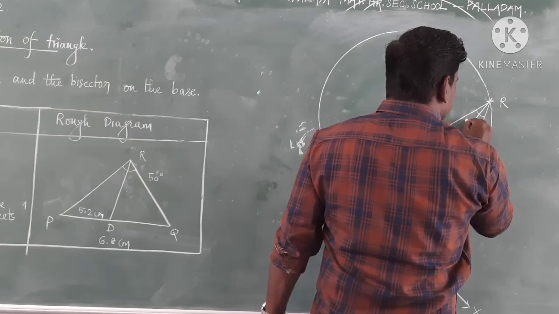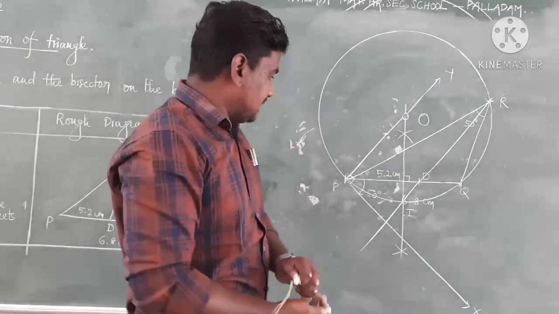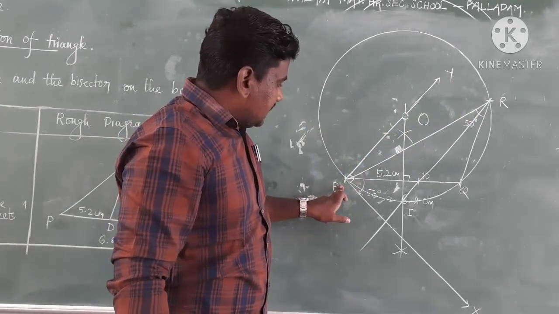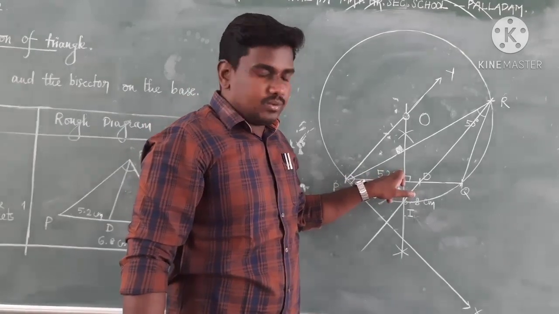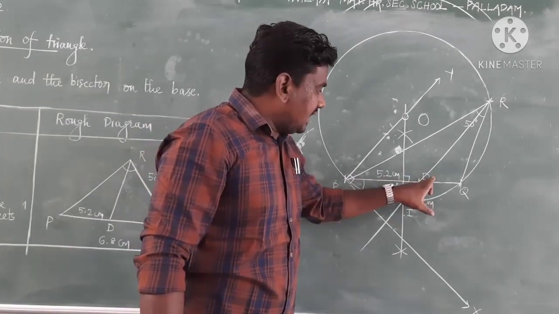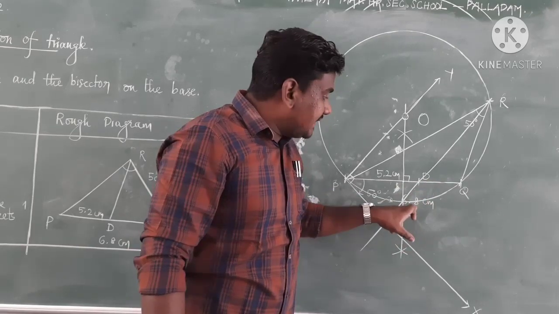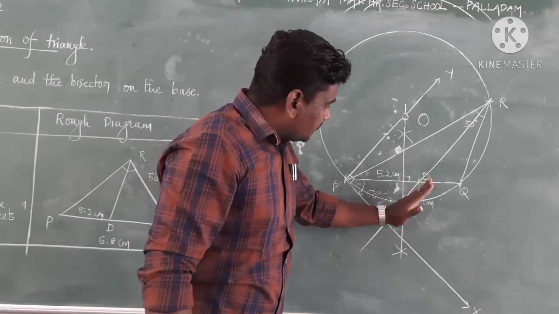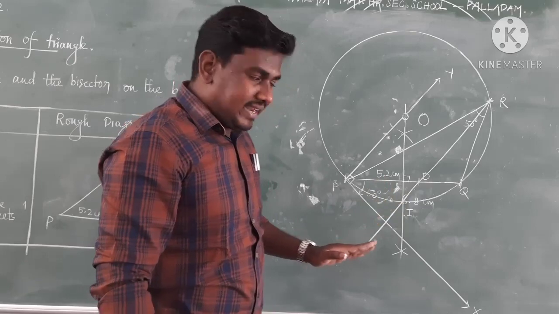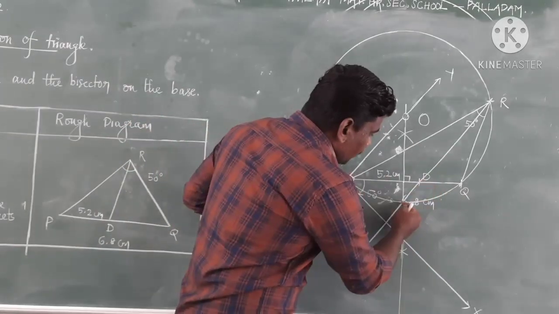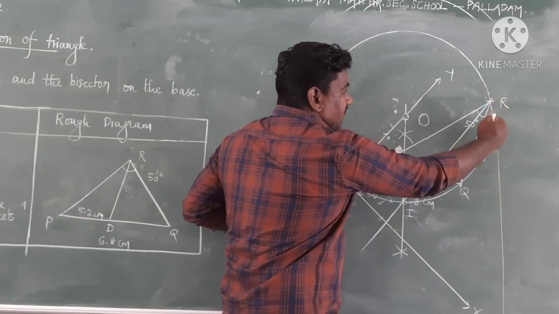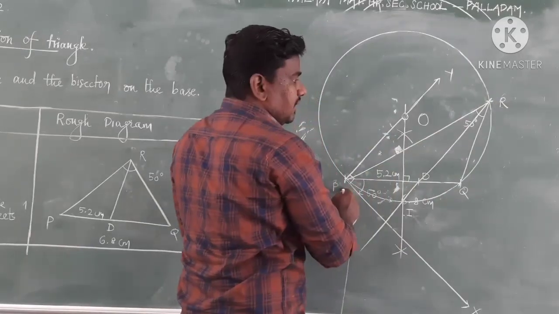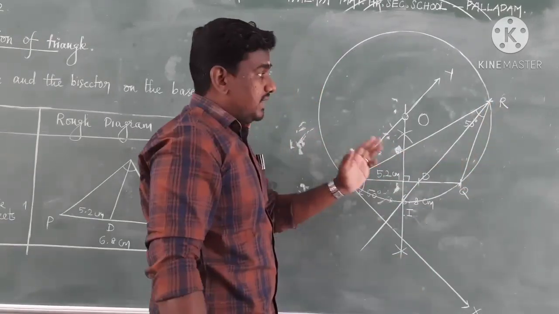This is equal to 50 degree. I hope you understand. After drawing the circumcircle, you take P as a center, draw 5.2 centimeter. Okay. After that, the point D and this I. What is I? It is the point of intersection of the circle and the perpendicular bisector. Okay. So we have drawn a straight line which is passing through these 2 points. It cuts the circle at the point R. Join QR and join PR. This PQR is the required triangle.